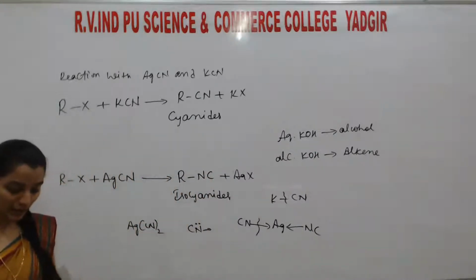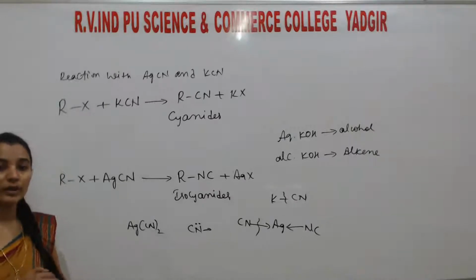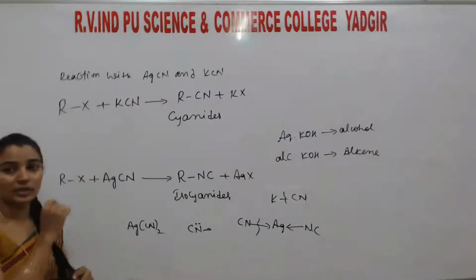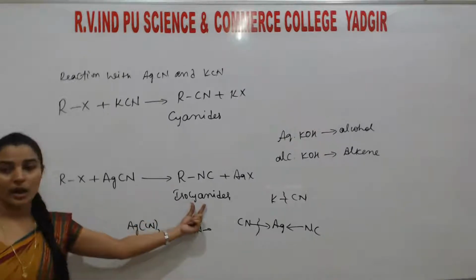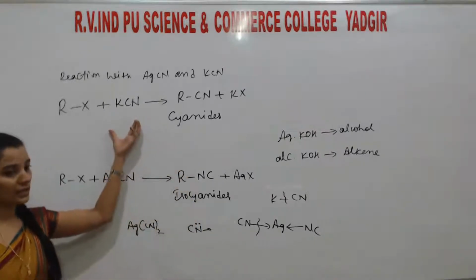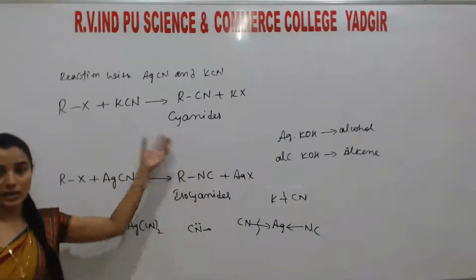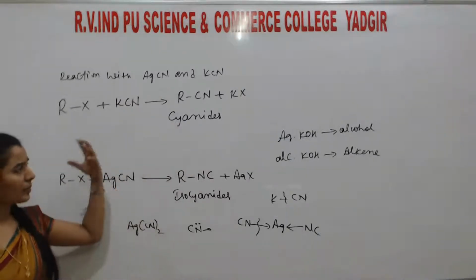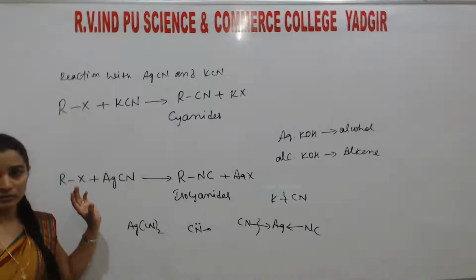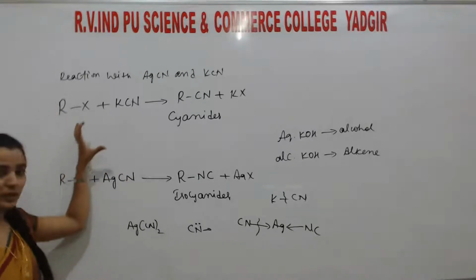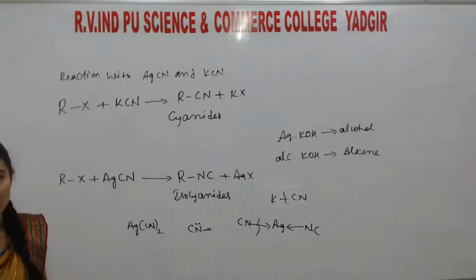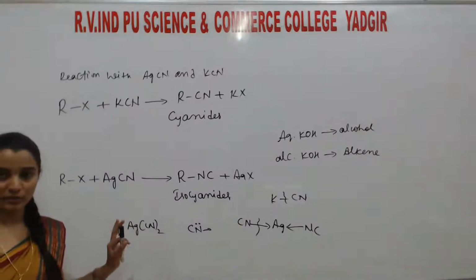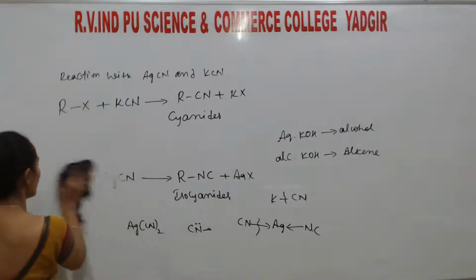Directly tell us what is the product formed when alkyl halides are treated with KCN, and treated with AgCN. If it is AgCN, isocyanides. If it is KCN, then it is cyanides. Okay, it may be alkyl or aryl. The R group may be replaced with anything. It is not a particular reaction, so we don't need any example for this. The reaction is enough. Okay. So the next one is